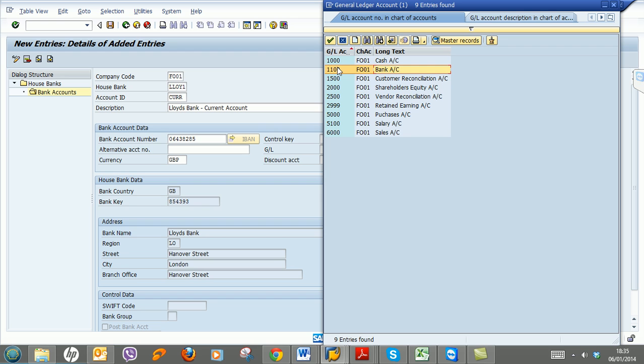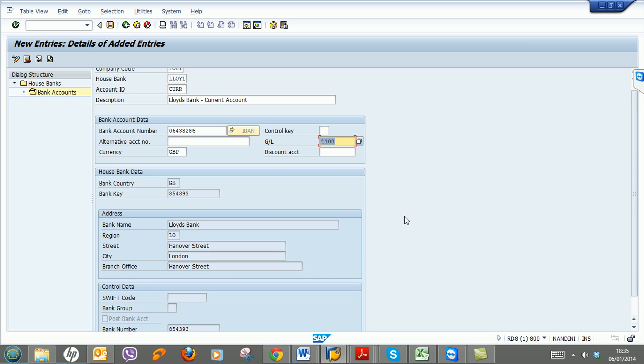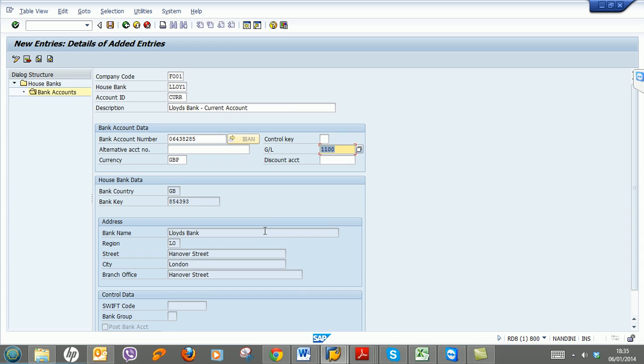Double click on that and you have chosen 1100. You don't need to give other information because most of the information you have already given. And now click save. So the data was saved and you have created the house bank